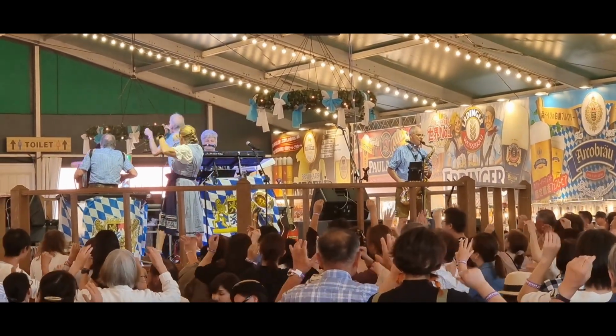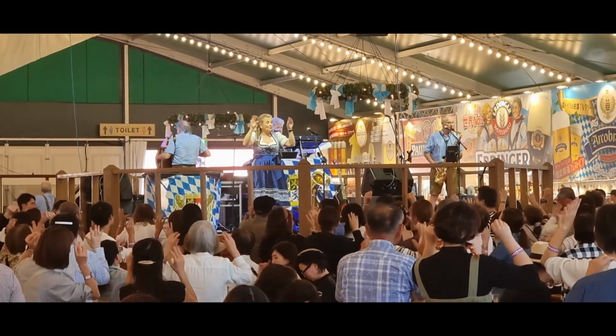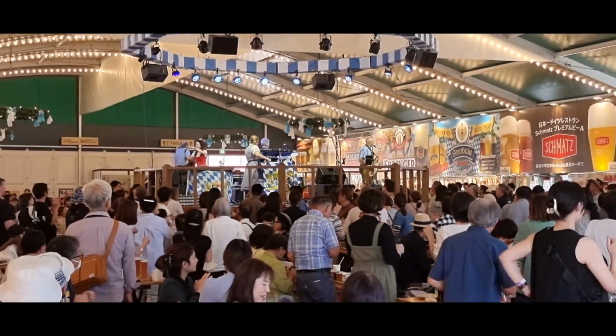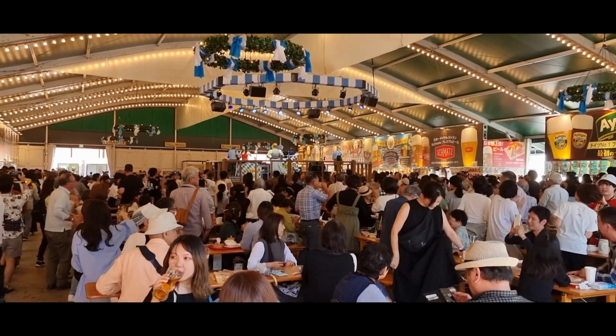The food at the event looked really, really good, but it was just impossible to get a table anywhere. So unfortunately, we didn't really have anything to eat because we weren't able to sit down. So after having a bit of a look around, and we did a free wine tasting that was there as well, we just ended up